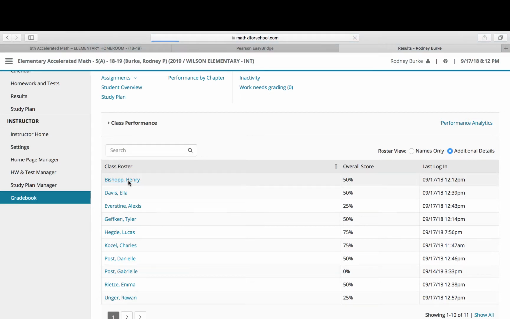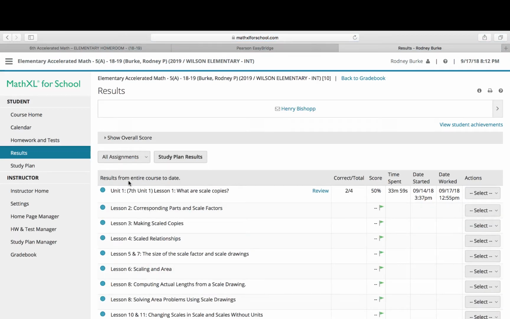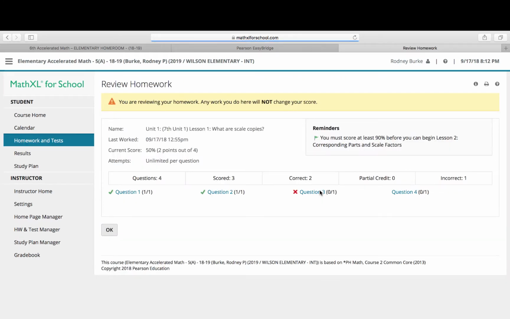I'm going to go ahead and click on a student name. Notice for training, this student was able to go into lesson 1 and was able to get a 50% so far on this assignment. Notice how on the instructor's side here, I can hit review. And I could go in and see that this student got question 1 correct, question 2 correct because of the green check marks. Question 3 is